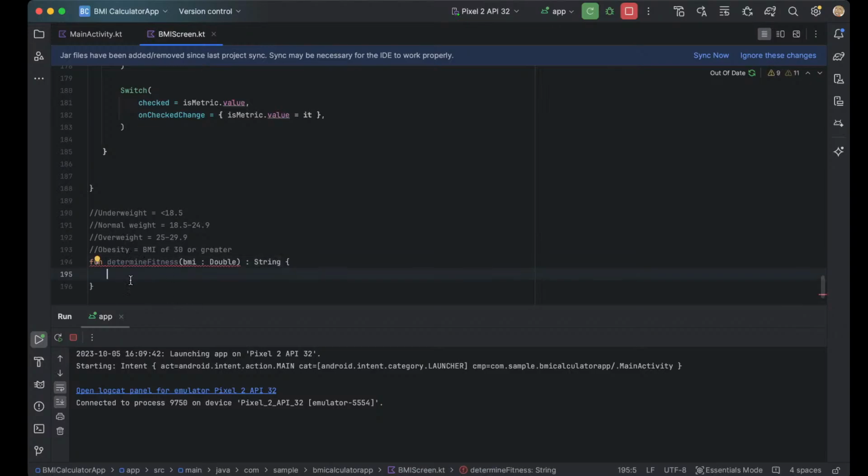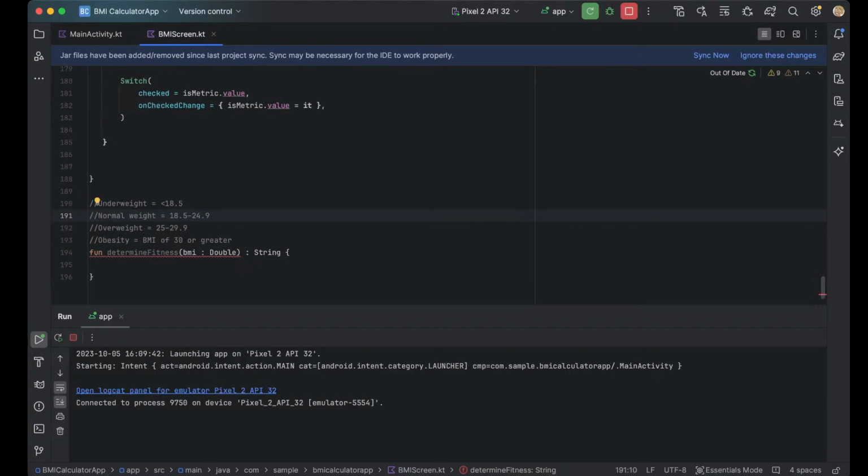So basically, we're going to calculate. If the BMI is less than 18.5, then display underweight. If it is between this range, display normal weight. If it is between this range, display overweight, and so on. Since there are not a lot of different choices, I'm going to accomplish this with an if statement. So if BMI is less than 18.5, then return